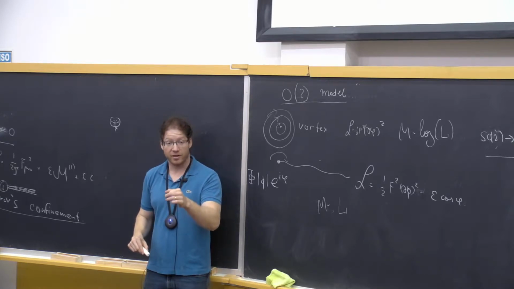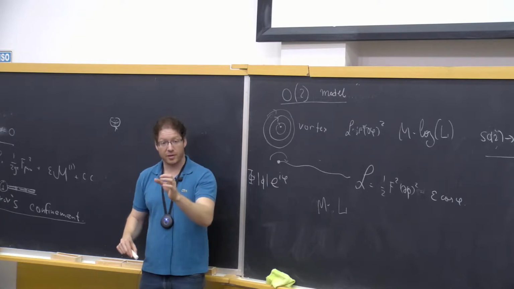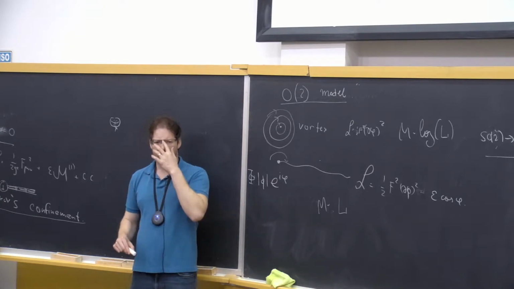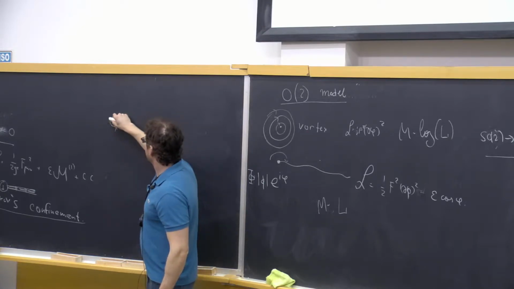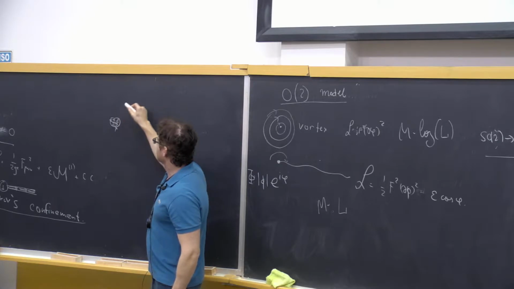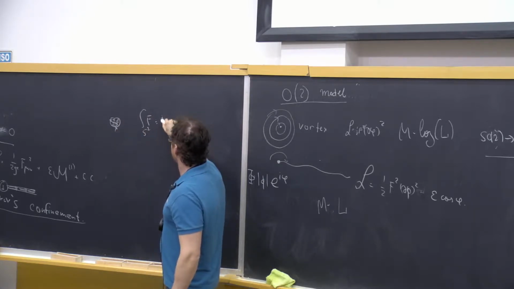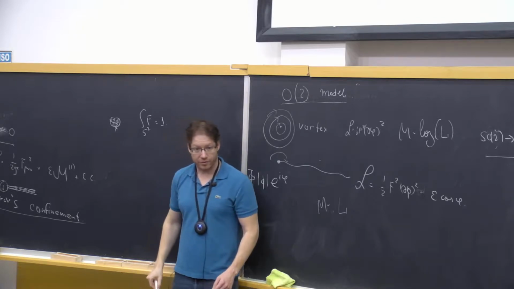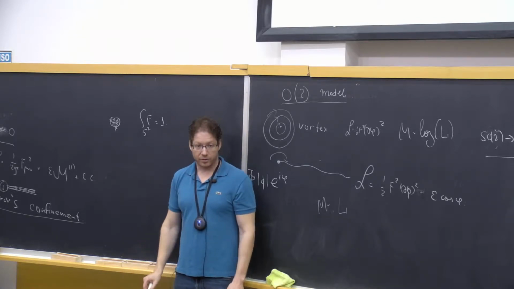You remove an epsilon size ball from space, and then your space looks like R3 minus a small ball. And you define the path integral such that the flux of the gauge field on this S2 is 1. So you just integrate the field strengths over this S2 and you get 1. So it's like a Dirac monopole configuration. And so you're allowed to do the path integral with this boundary condition.